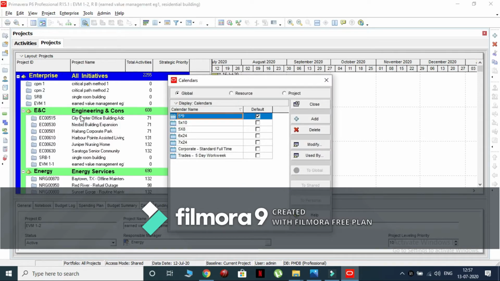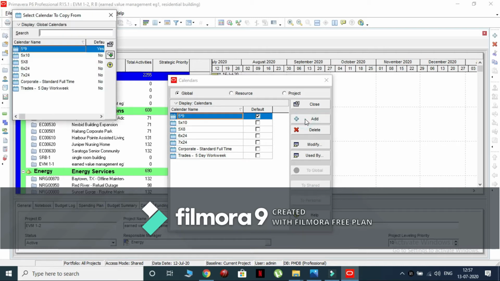click on add icon to create the new calendar. Name the calendar as 5/9.